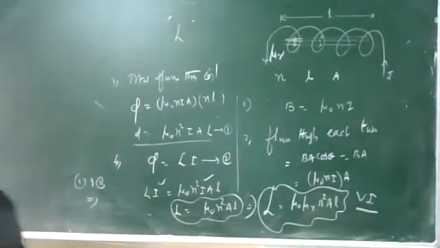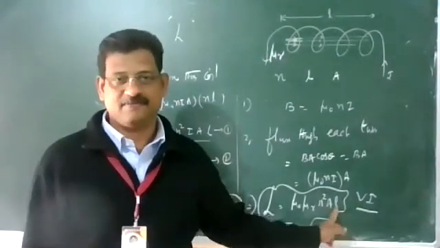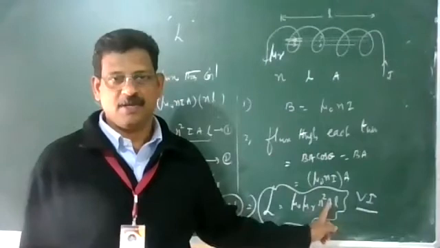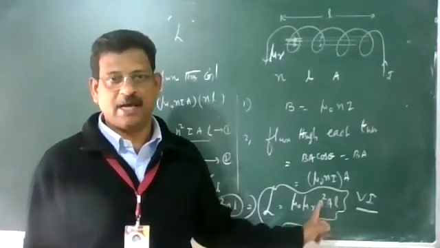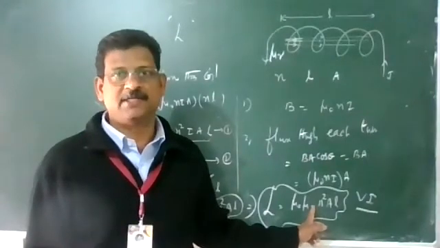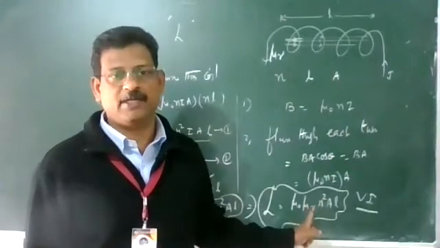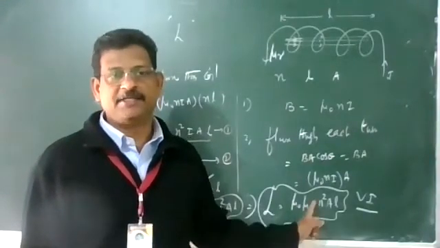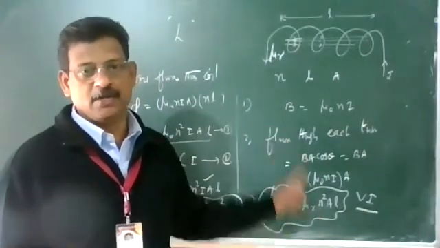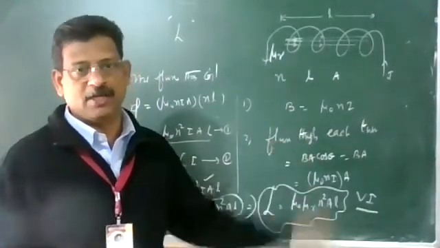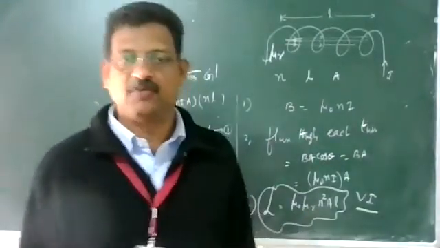So you can see that the self-inductance of a coil depends upon length, area of cross section, number of turns per unit length, and the medium which is placed inside, or the material over which the coil is wound. So by increasing mu r, if you insert soft iron, the L value will increase. Increase the number of turns, the value will increase; increase area of cross section, L increases. By increasing them, we can increase the value of L.